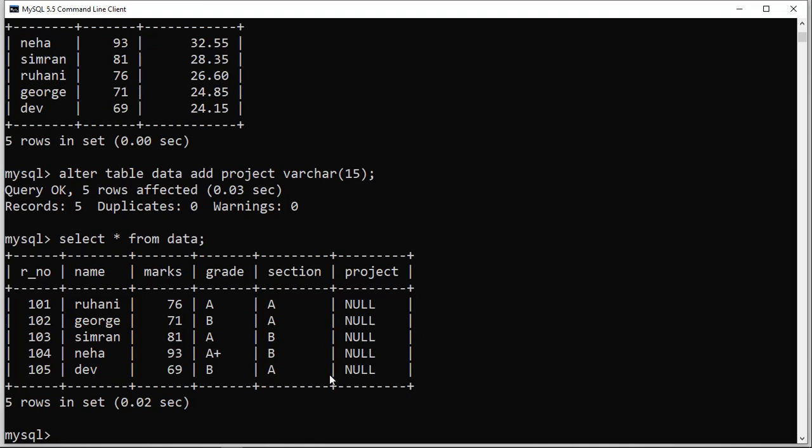In the next video lecture we'll see how we can insert the records inside this project column by using a single update query, because already you know that we can update each particular row by giving an update query every time, using the syntax: update table name, that is update data, and then set project equals to something where r underscore number equals to something.